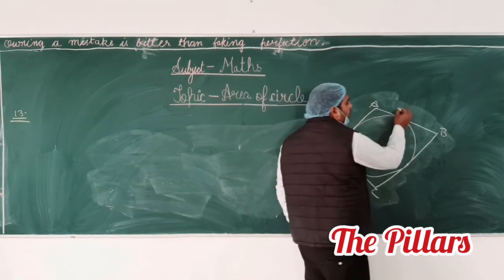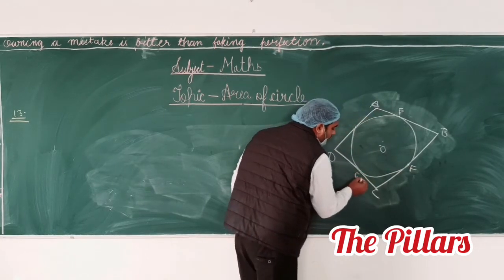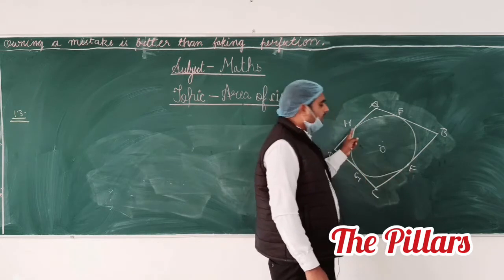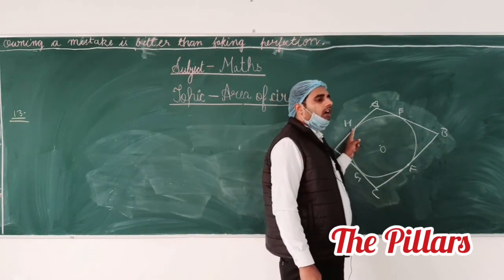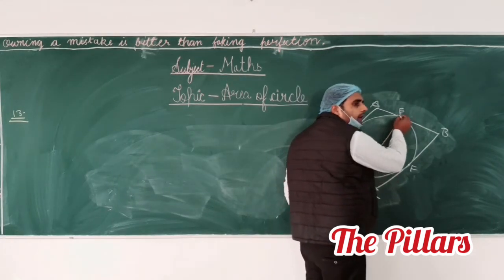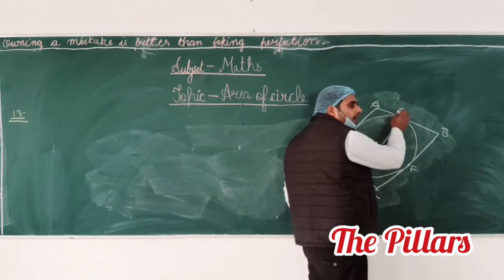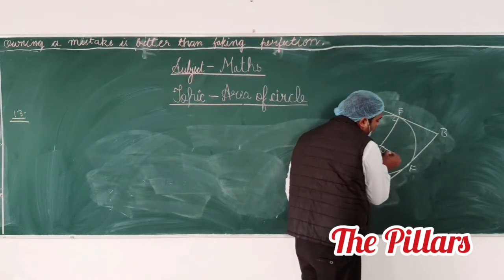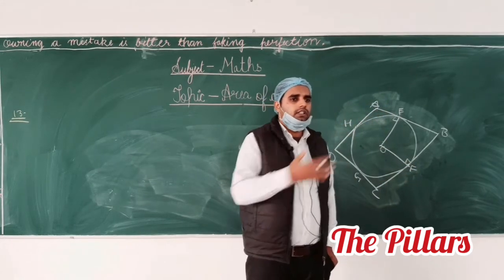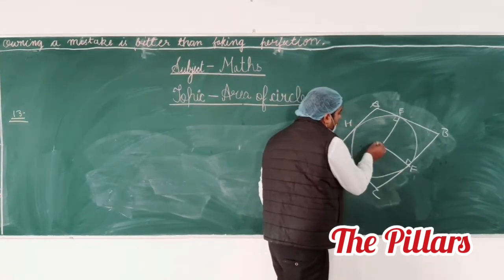Suppose these points are E, F, G and H. You know that these points E, F, G and H are points of contact. Whenever we join the center to the point of contact, this is always perpendicular. This we have to join from the center. You have to join all the points of contact. Till here, does anyone have any problem? Whenever you join the center to the point of contact, these lines are always perpendicular at the point of contact. Till here, does anyone have any problem?